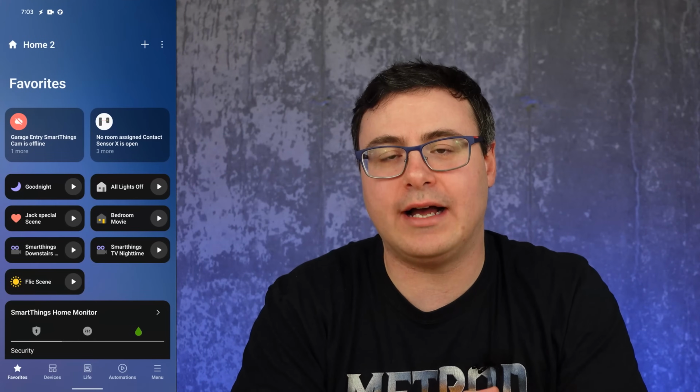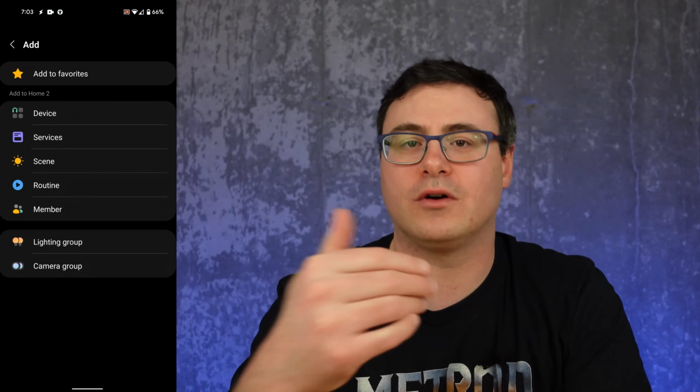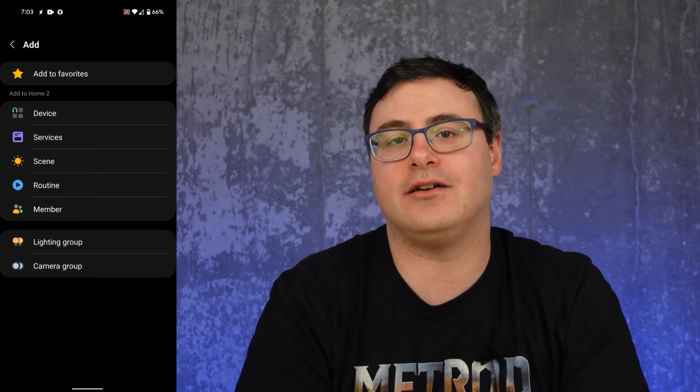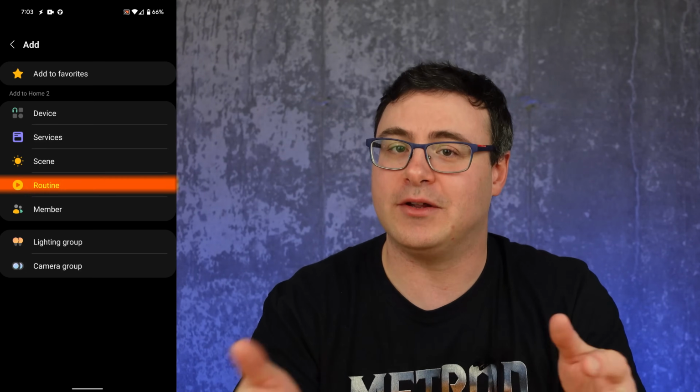That little change there should tell you quite a bit about where the future is for the whole SmartThings platform. For myself, I didn't think it made a lot of sense for us to go to an automations tab and then have a subsection of automations, which couples really well with the fact that Samsung will be bringing more and more suggested routines and automations to your life, and it couples really well with some of the new features